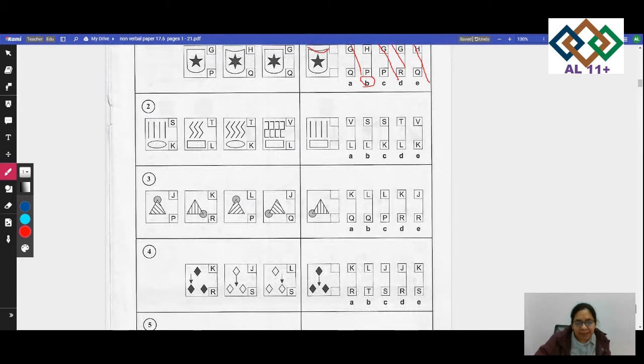So let's look at the second one. In the second one, we are looking at the lines. Same, it has lines here. So we know that the first letter of this shape will be S. So try cancelling the ones which don't have an S. And the second thing we need to look at is that it doesn't have a circle. So the circle is K. So cancel the one which has a K in it. So your answer would be SL, the second one.